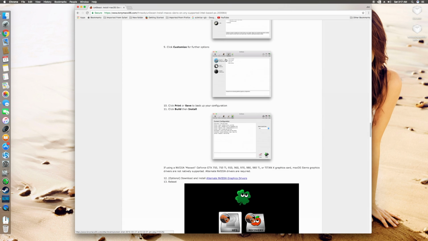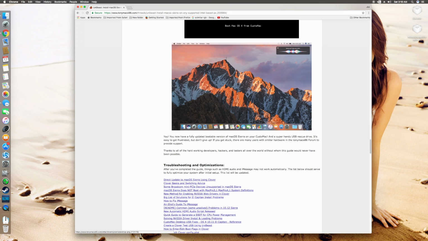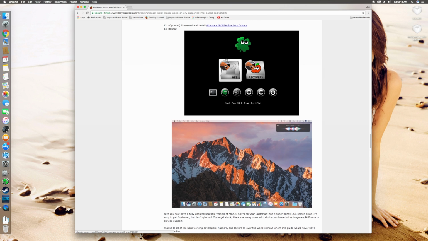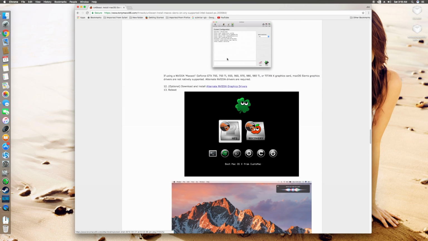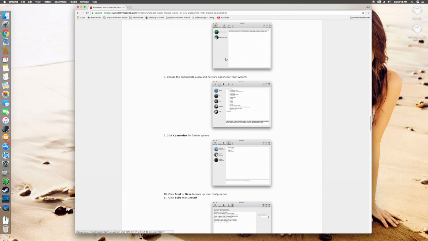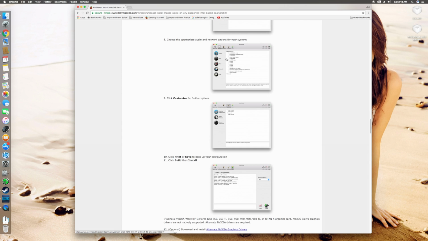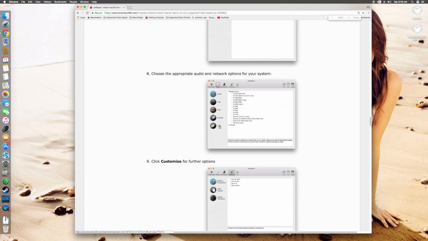Now, if I keep moving down, let's find the post-installation, troubleshooting and optimizations. Okay, right here where he starts talking about the configurator in MultiBeast and customize for your configuration,